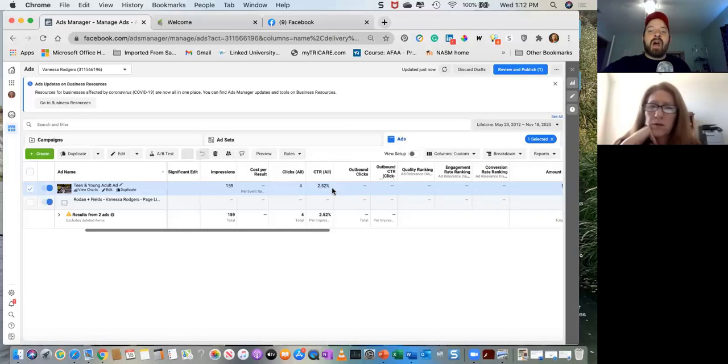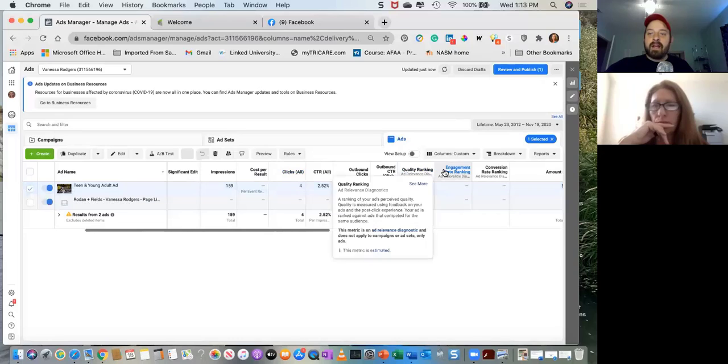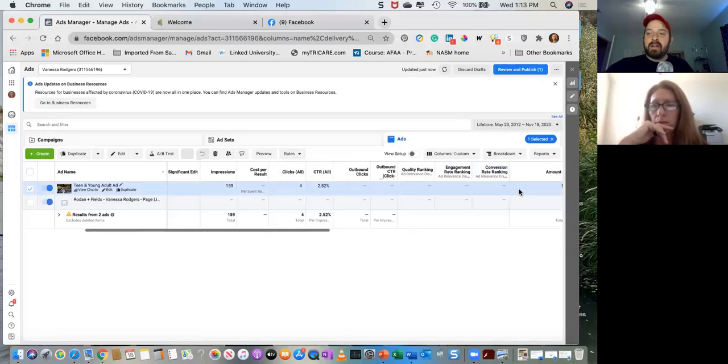Okay. Then we've got outbound clicks. So normally what you'll see is you'll see clicks and you'll see outbound clicks. So clicks are anything that they click on whatsoever, it counts as a click. And outbound is only if they leave Facebook and go to your landing page. So far, we don't have any outbound clicks just yet. And we don't have our quality ranking, our engagement ranking, our conversion ranking, or anything like that, because really we've only spent